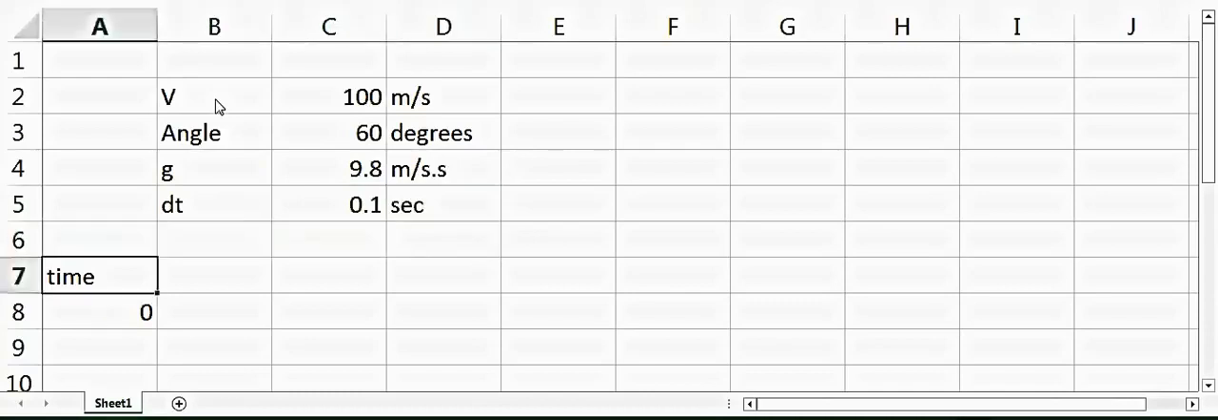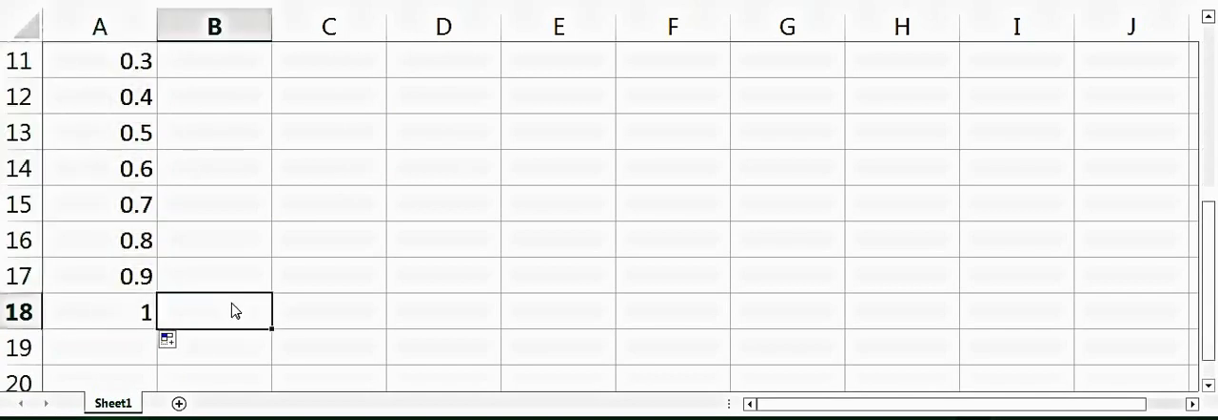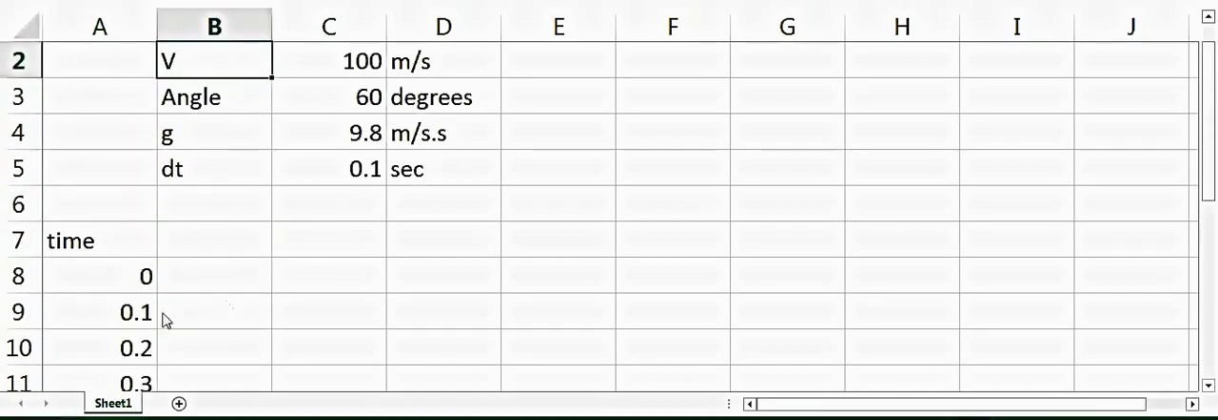So now as you can see, each time the time will increase by 0.1 second or dt, and I'm putting a dollar sign here so that it does not change the position of dt. So you can see that the time increases with the interval of 0.1 second. Now let's take the velocity. So velocity in x direction will be equal to